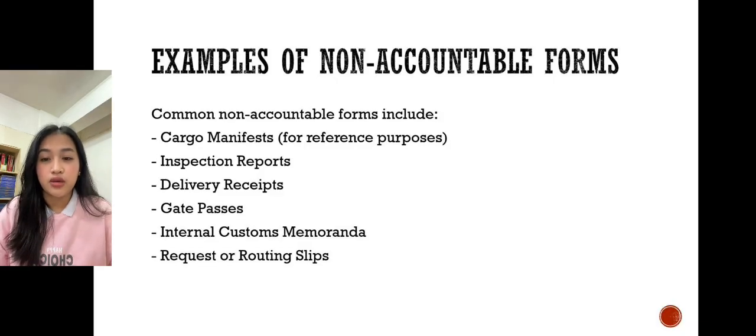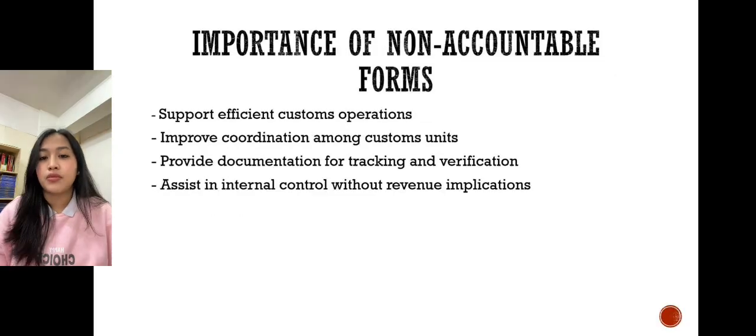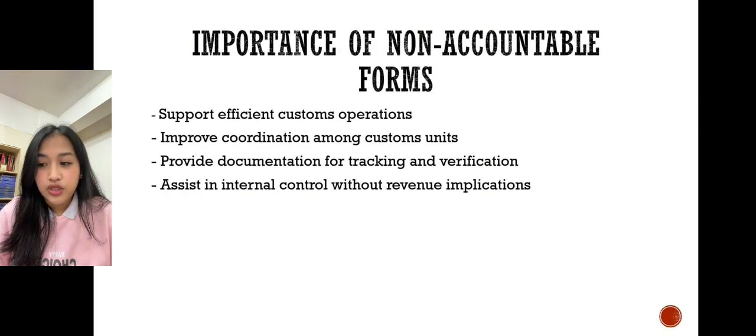Examples of non-accountable forms. Common non-accountable forms include cargo manifest for reference purposes. Second, inspection reports. Third, delivery receipts. Fourth, gate pass. Fifth, internal customs memoranda. And sixth, request or routing slips. The last is the importance of non-accountable forms. One,